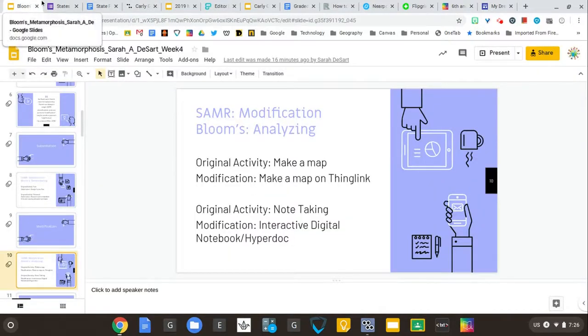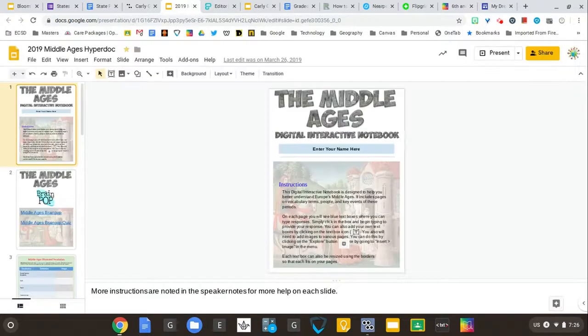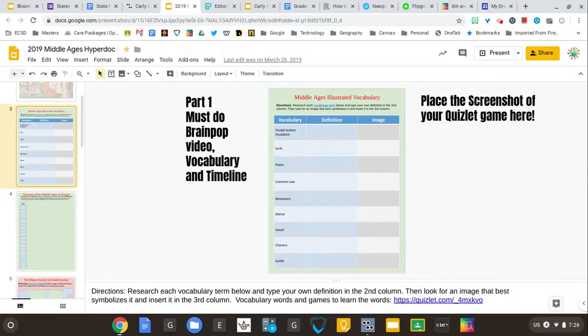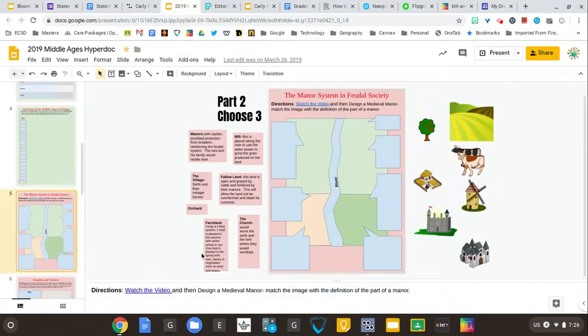And then note taking. I love interactive digital notebooks, or some people call them hyperdocs. So this one is about the Middle Ages, and they have to watch a BrainPOP. And then this one, they've got this Quizlet to go to, find the definitions in an image. And then this is a timeline.